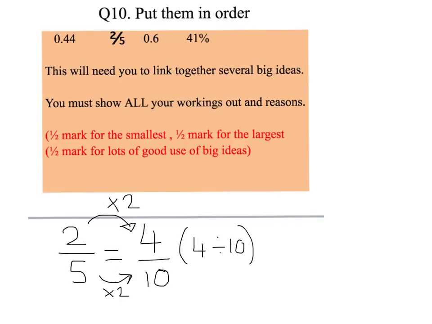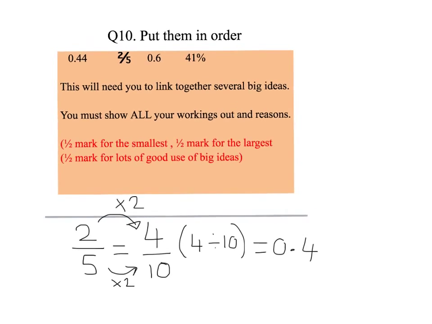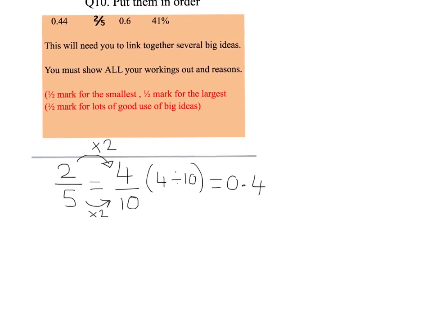Now, why is it good to get the denominator to 10? Because we can divide by 10 really easy using our place value table. So 4 divided by 10 moves 4 one place to the right, making it smaller, making it 0.4. So now we know that 2/5 is the same as 0.4. So we've got 3 decimals ready, and we just need to deal with